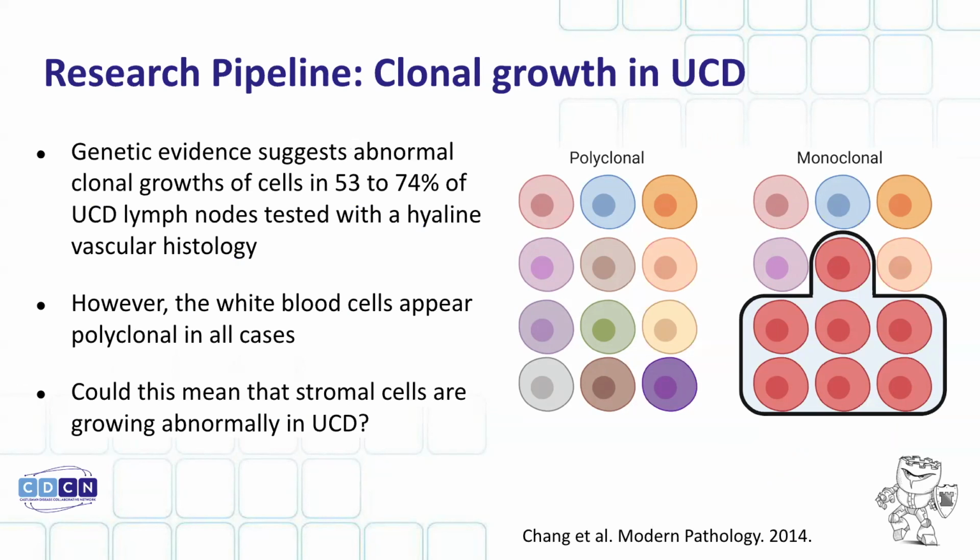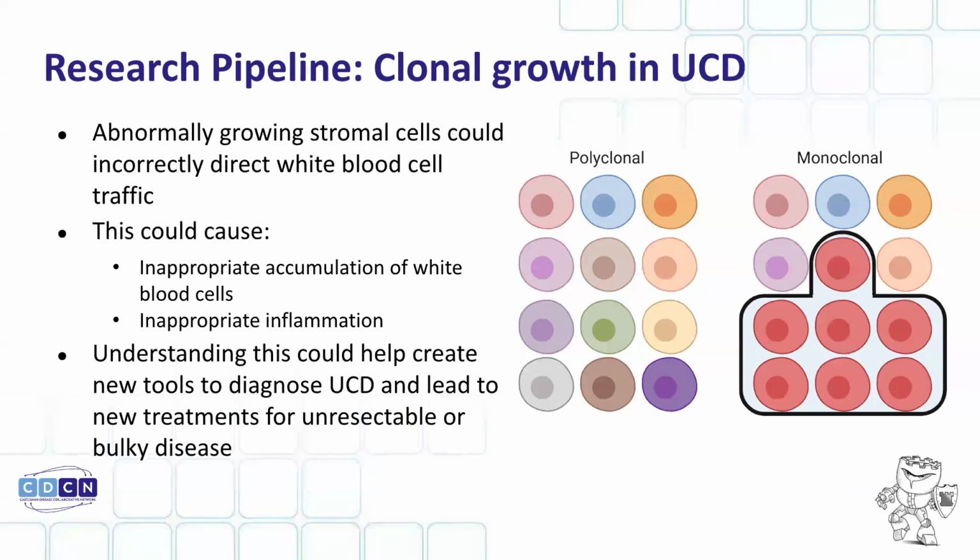This has been my interest in unicentric disease in particular, because we don't see this in multicentric disease at all. But there's this concept of clonality, of cells that are all copies of themselves. Just like you might have a colon polyp, right? It grows and grows and grows in your colon until they find it on a colonoscopy and take it out. These cells are sort of growing in a similar way, but they are different from the cells that line your intestine. They are immunologically active. They signal, they talk. And I suspect that they could be causing a local inflammatory response in the context of unicentric Castleman disease that might be felt even more widely. And so that's my little in here.